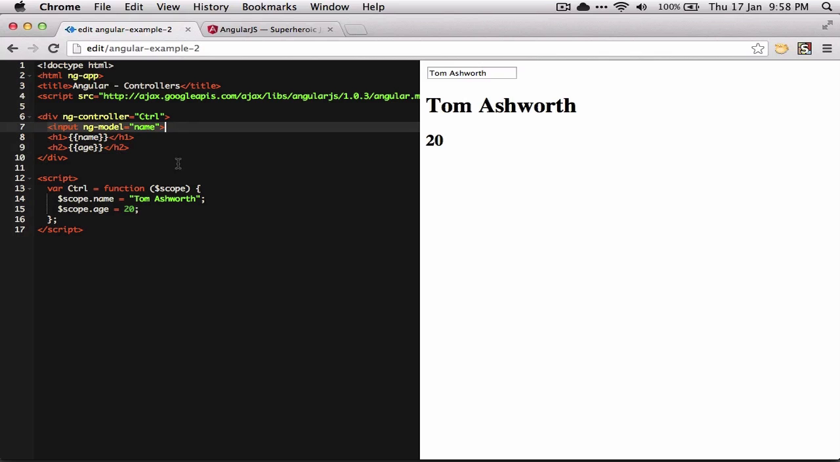You can see we haven't used an input to specify the value of the age model, we've just defined it in the scope. The model used in the ng-model attribute is linked to data in the scope variable of the controller of that particular scope. In this case, the controller of our scope is the CTRL controller, and therefore the scope variable applies to everything